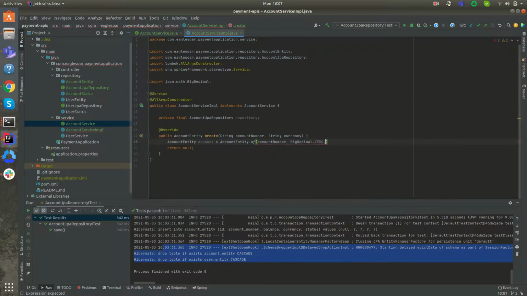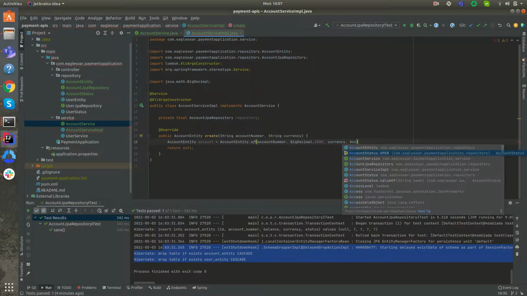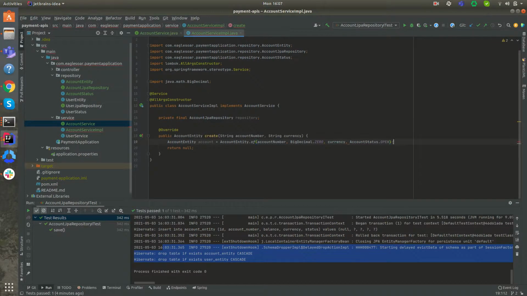The currency is something that you have provided, and the status will be open. Fine. So doing this, I have the account ready, so I can simply return